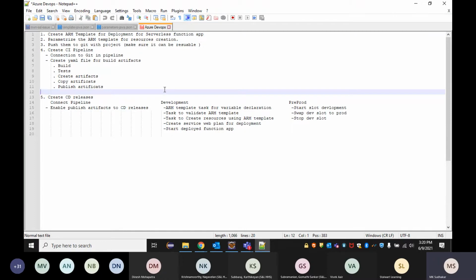I'm going with the second, because creating it manually is a hectic process. If we miss some enhancements, or if we miss something to add to that ARM template, it is going to give errors, and that is a very hectic process to fix. So right now, let's use the existing ARM template. How we can use the existing ARM template, I'll cover that.